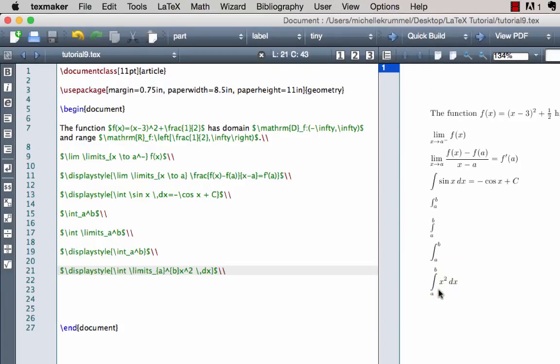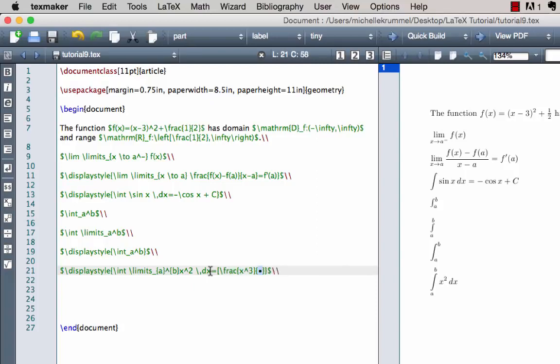So we have the integral of x squared dx from a to b. And that is equal to, now there are a couple different notations you might see for evaluating a definite integral. I usually use the square brackets around the expression. So I'm going to type the square bracket for the left side. When we integrate this, the antiderivative for x squared is x cubed over 3. So I could write 1/3 x cubed. I'm just going to go ahead and write x cubed over 3. So I want the fraction